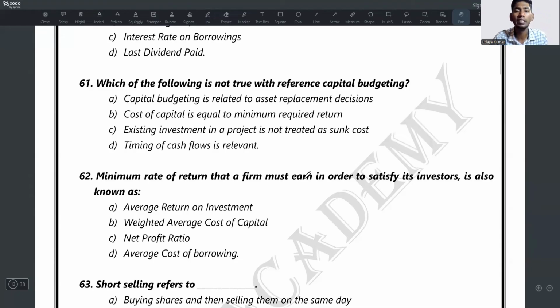So it's quite easy. Existing investment in a project is not treated as sunk cost. Where did we discuss regarding this? So it's not true with reference to capital budgeting. Clear? So moving to question number 62, minimum rate of return that a firm must earn in order to